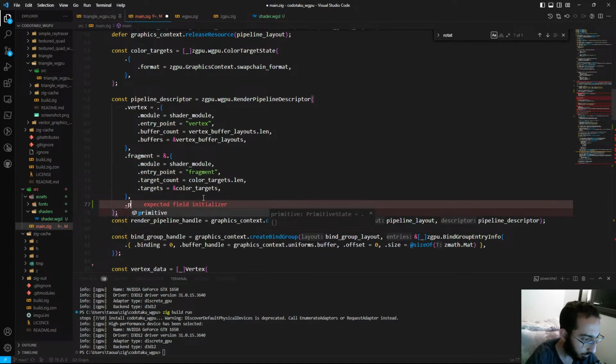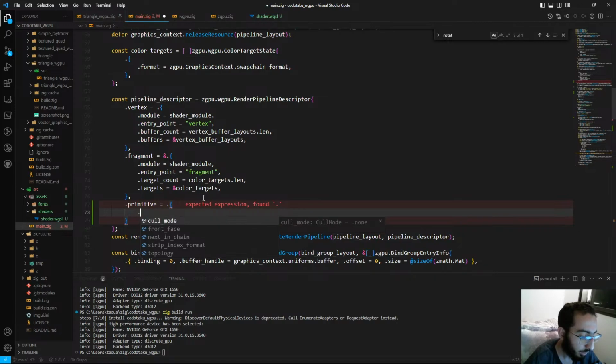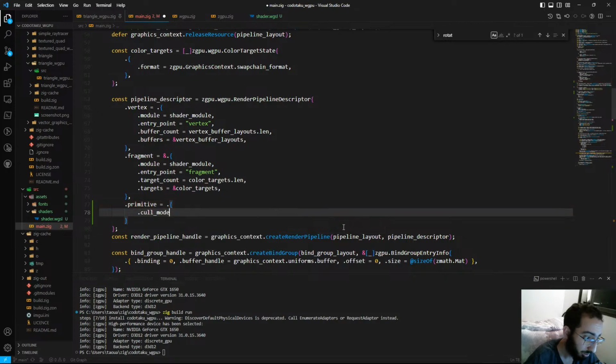So basically add dot primitive is equal to, and let's see, so cull mode, there you go. Cull mode by default is none, which means it doesn't do any culling. And also you can set the front face, but I just recommend keeping it as default unless you really need to. There's also topology. I also recommend keeping it as default. And there's also strip index format, which is quite interesting for other topologies, but you won't need that for triangle list topology. I could show you that later on if you want to. But anyway, cull mode is equal to,